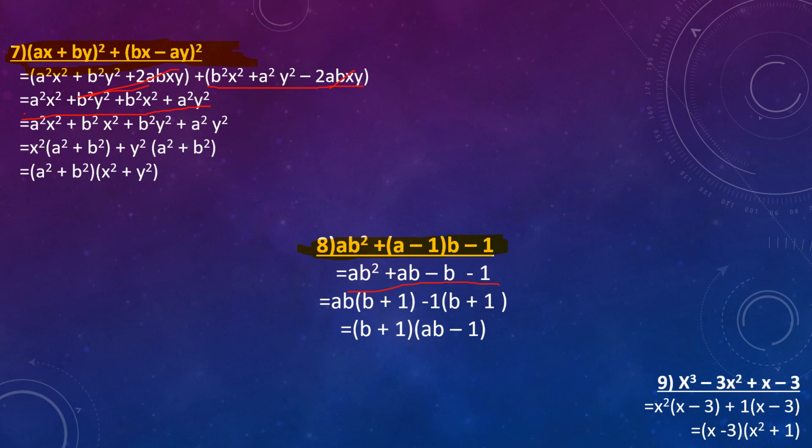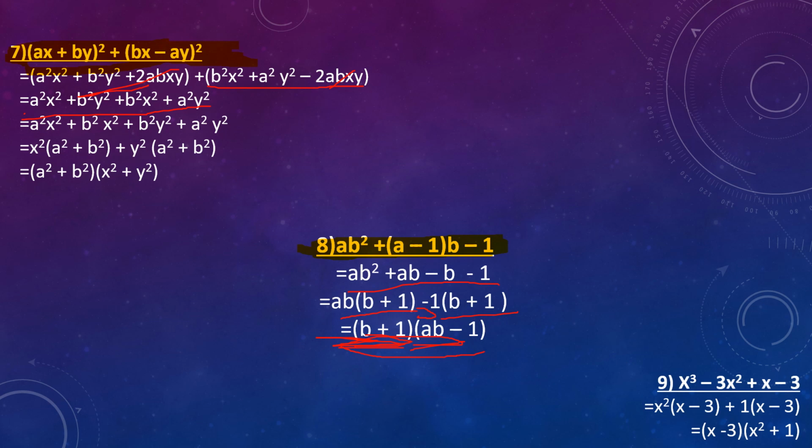Do the grouping as they are written. ab square and ab in one bracket, and if you take minus common, in another bracket you will find b plus 1. Now children, you can take common. You have taken ab common from the first bracket, so what is left in the first bracket is b plus 1. From the second bracket there was nothing common, so we have taken 1 common. Now you can see b plus 1 is overall common. Without hesitating, take it common, b plus 1. In another bracket you are left with ab minus 1.